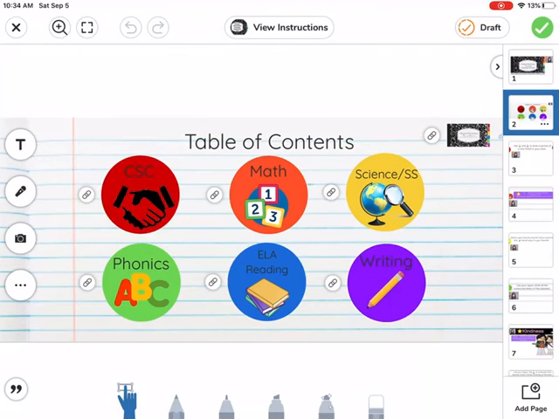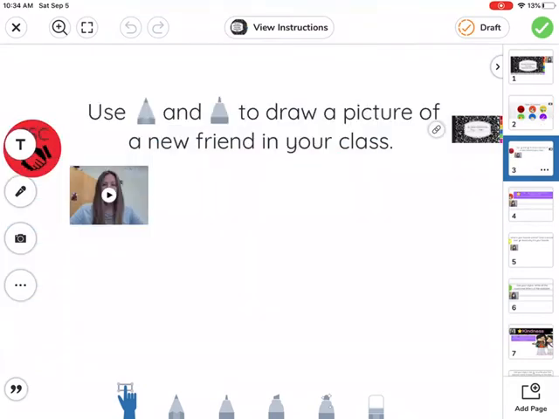I can click on the next page, and this is the table of contents. So there are each of the subject areas. We have caring school community, math, science or social studies, phonics, English language arts reading, and writing. So they can tap on the link and it's going to take them right to the page that work is on. So here's a video of me reading the directions to them, and then they're going to complete the work